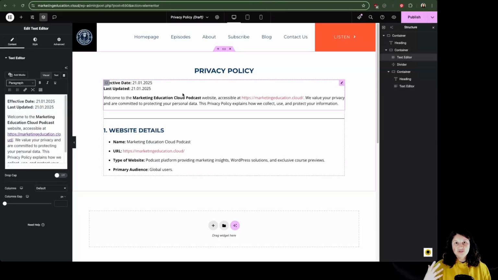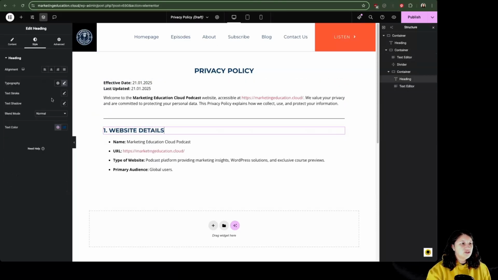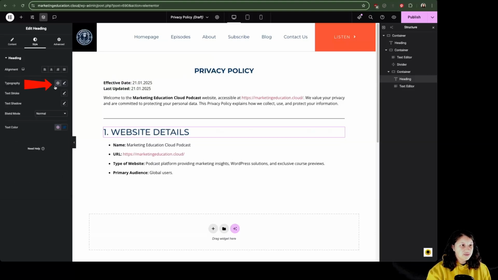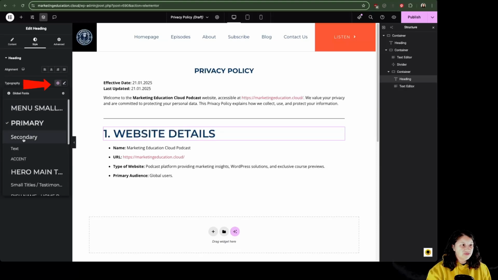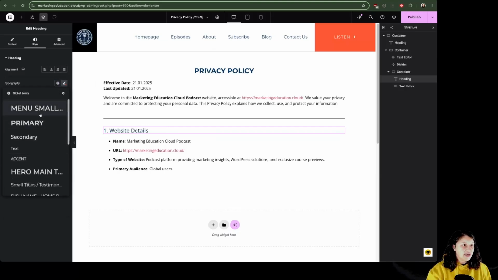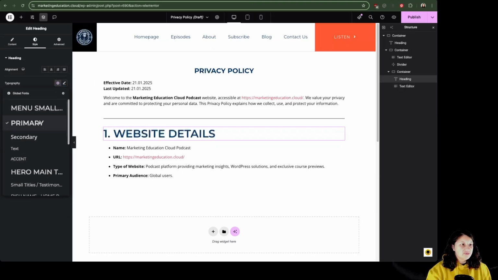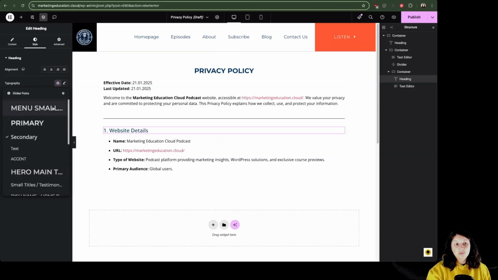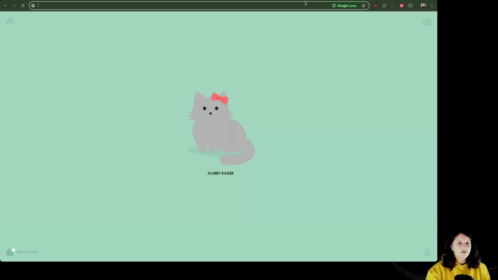Okay, so I want to talk to you about something. As you can see, I'm not really using my global fonts from over here because they are a bit too big for this particular case or too small. So I'm changing the information over here for my own case. But because I'm doing so, I'm not sure I'm consistent between pages. So one thing that I can do to be consistent will be to edit actually the global fonts to fit better for my website, or by going back to my website,